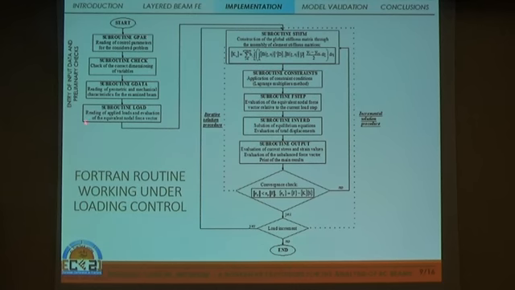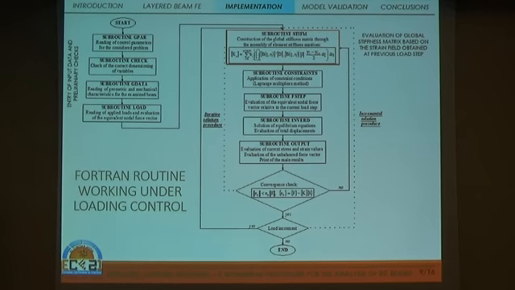So there's a first part relative to the insertion of input data, which are relative to control parameters, for example, the chosen order of the polynomial expression as well as the number of layers in each element, and also relative to constraint conditions. Then also geometrical and mechanical data relative to the examined beam are requested, and the external loads.